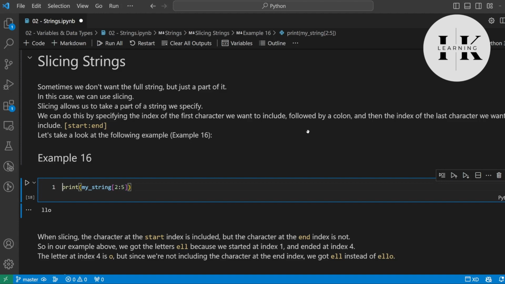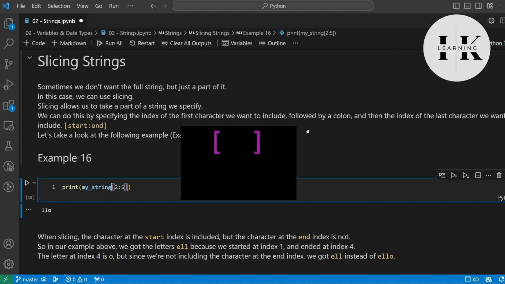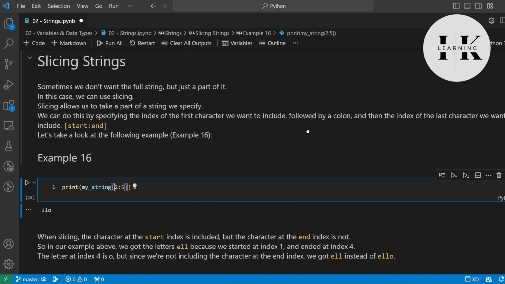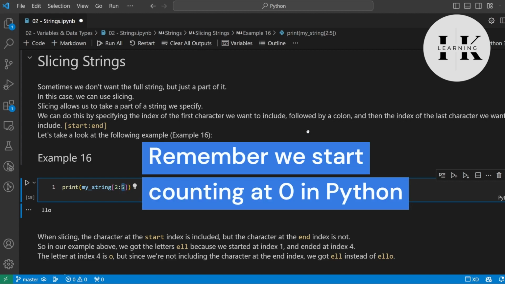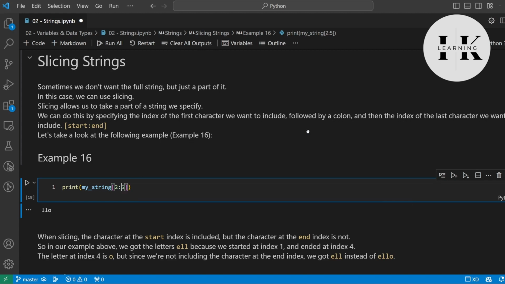Slicing, just like indexing, basically means that we're going to be writing the name of our variable, followed by square brackets. In between those square brackets, we're going to put the start and the end index of what we want to slice. That basically means that we're going to mention where we want to start slicing and where we want to finish slicing. However, keep in mind that the first number is where we want to start, and that's included in our slice. However, the last number is not included in our slice. Now, for Python to understand that we want to be slicing, we need to use a colon in between these